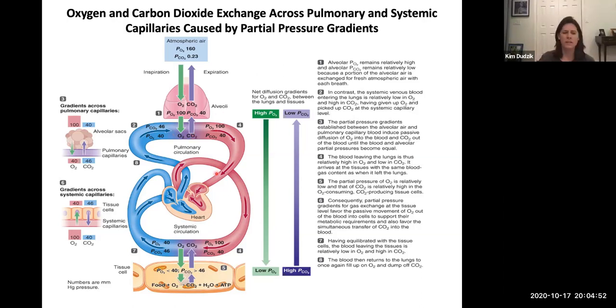The other side of gas exchange takes place in the systemic system. And so now we have our cells that need oxygen, that are using oxygen. So we're going to see oxygen in the capillaries diffuse across those membranes and get into the tissues. And our tissues are doing work, and so remember, CO2 is a waste product of cellular respiration. So we want that CO2 to leave the tissues and go into the bloodstream. Okay, so two sites of gas exchange occurring, the pulmonary circuit and then in the systemic circuit.